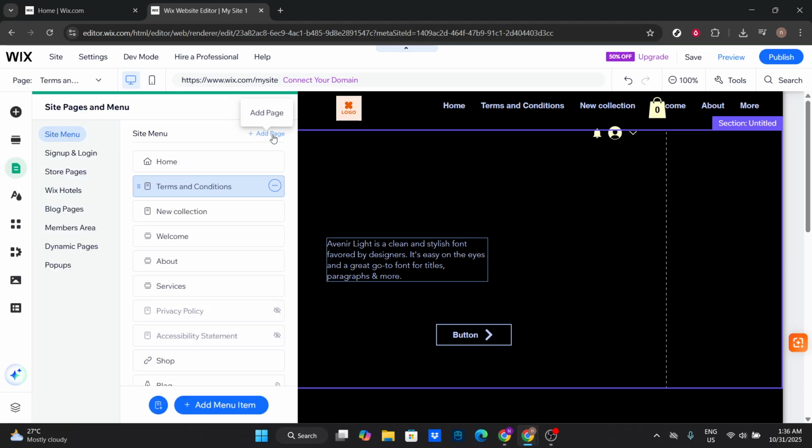Now it's time to populate your new page with information. Start by typing in the page title, terms and conditions. This title will appear in your site's navigation menu, making it easily accessible for visitors. Having a clear and direct title is important as it